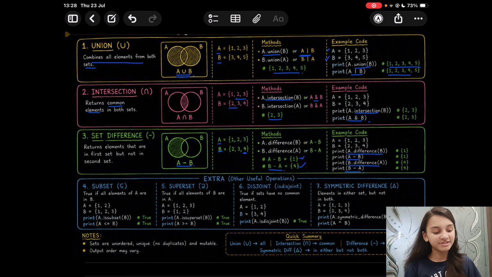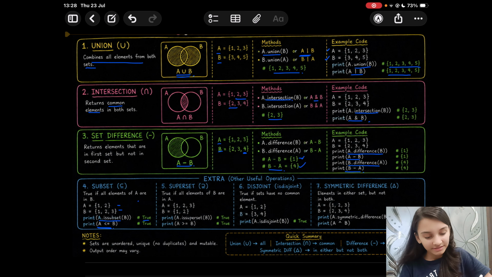So now we have some other useful operations that can be used with sets. Firstly, we have the subset. So subset will return true if all elements of A are there in B. So yes, all elements of A are there in B. We'll get a true. So you can use A.issubset(B) method or this symbol, right?